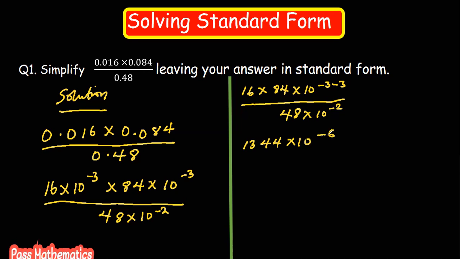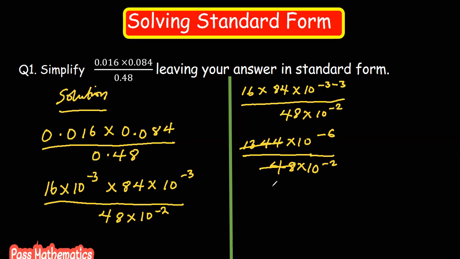Yes, minus 6 divided by 48 times 10 raised to the power of minus 2. And now this can cancel this. So when 48 cancels 1344,